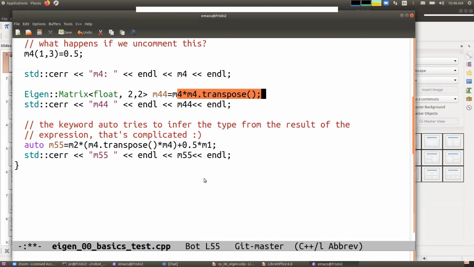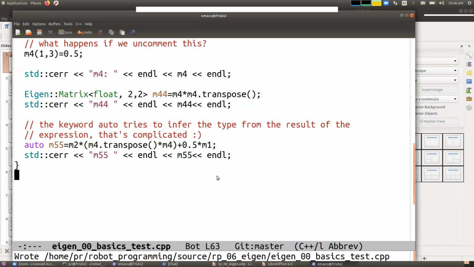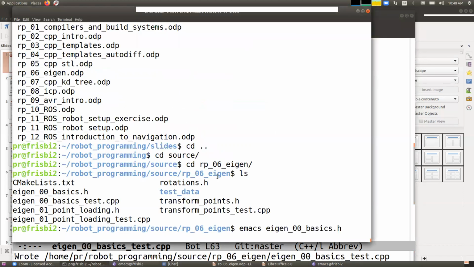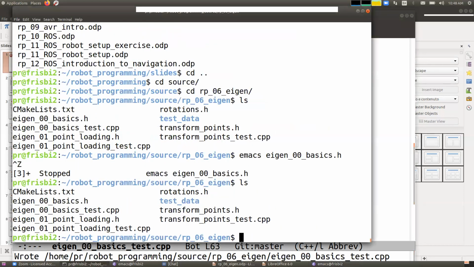Of course, all the rules apply in not allocating memory when it's not needed, in writing compact expressions. Remember that a matrix expression might involve a lot of calculations in the game. So it's good that you write it in compact form. All right. Do you have questions on that? Or this is kind of straightforward. If I run this business,